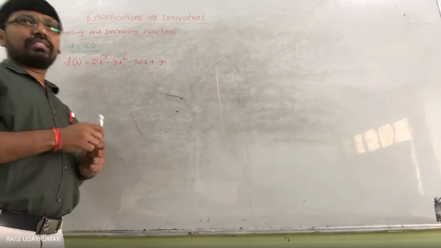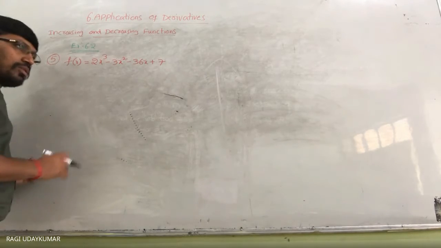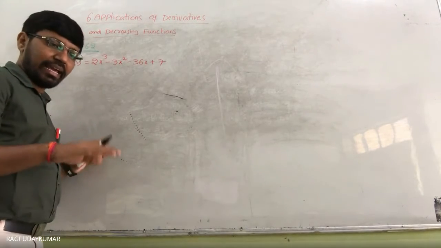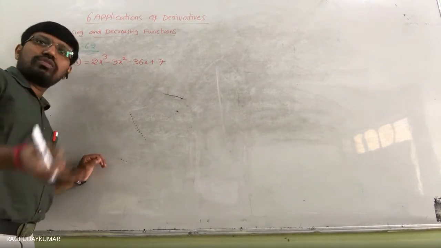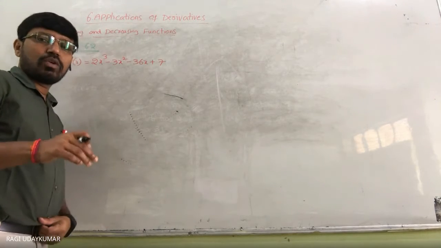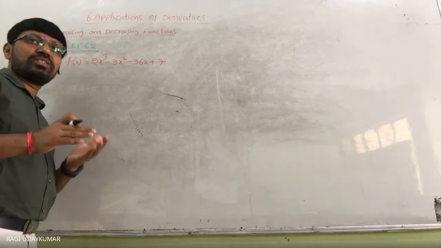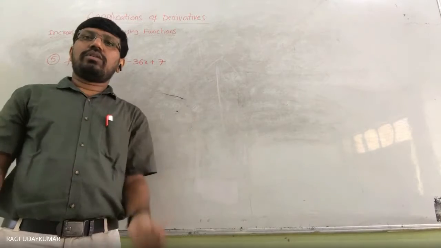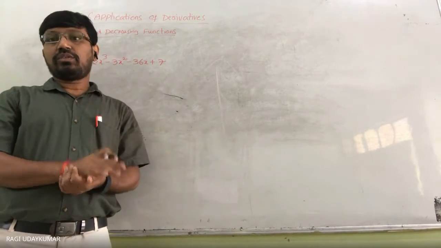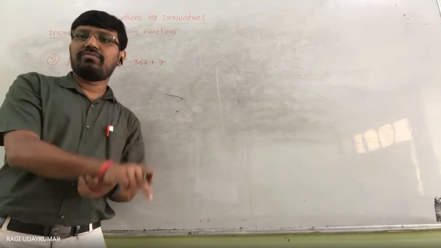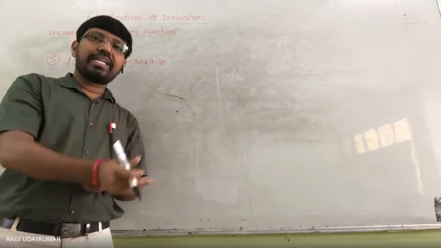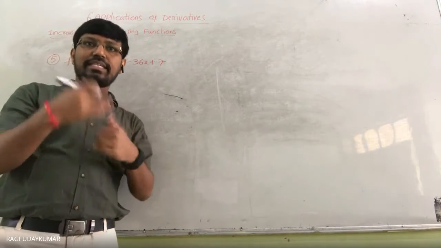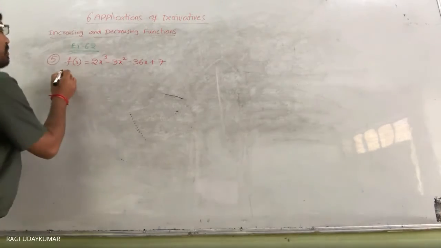Okay, so whenever this kind of function is given to you, the first step, the procedure, is to find f dash of x. Set f dash of x equal to 0 and find the zeros of that polynomial. From that we are going to find the points which will divide the complete domain into disjoint intervals. In one interval the function behaves in one way, in another interval it behaves in another way. So how it behaves in these intervals we need to find out.